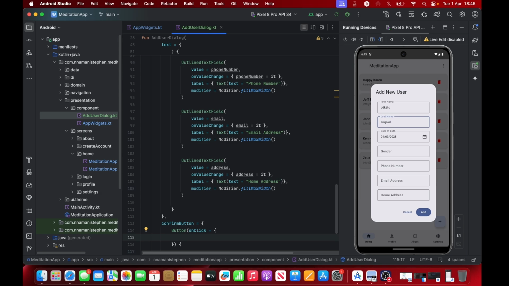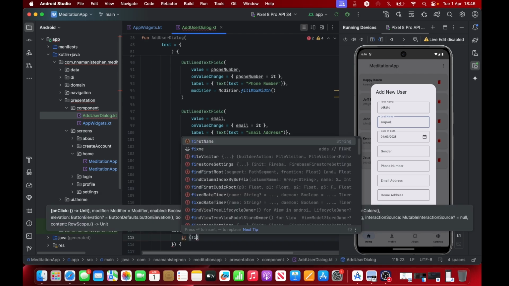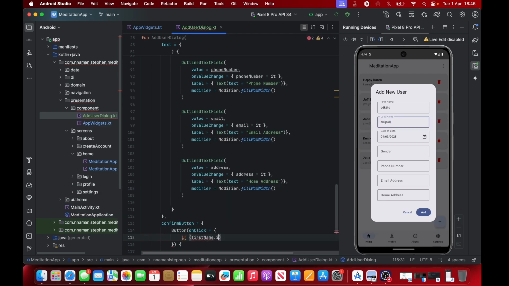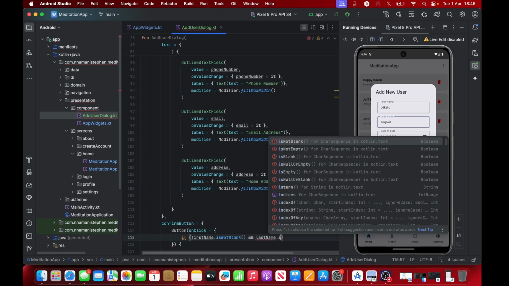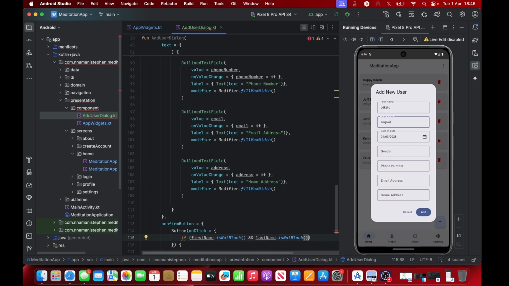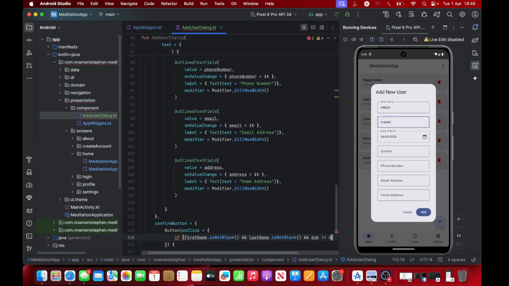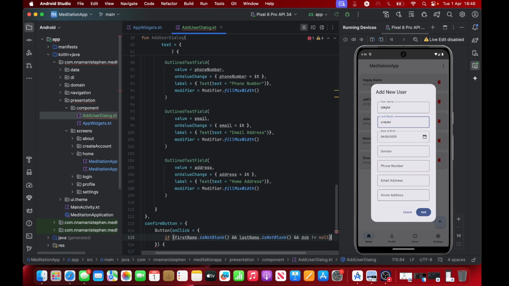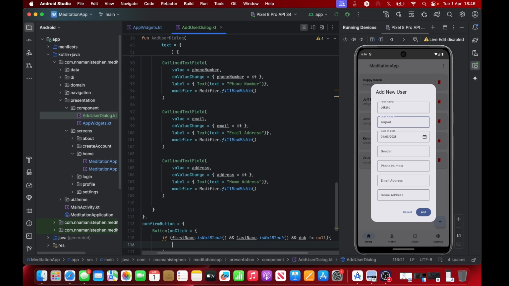We'll use an if condition. Let's say if first name dot is not blank and last name dot is not blank and DOB is not null, we'll add the user. On add user,